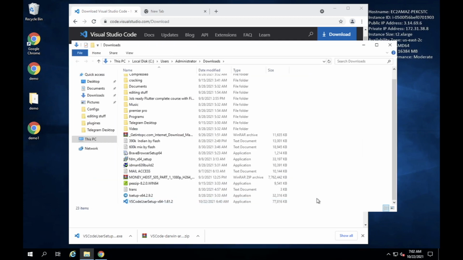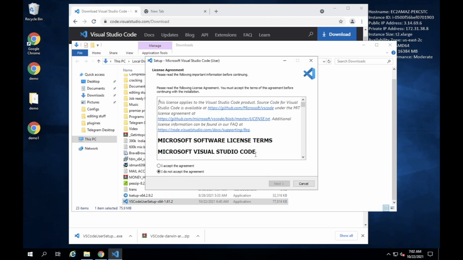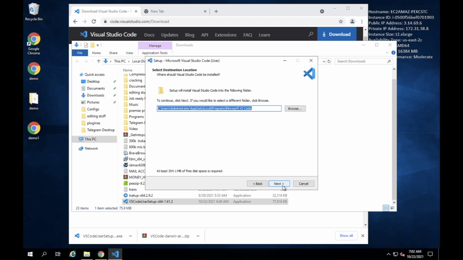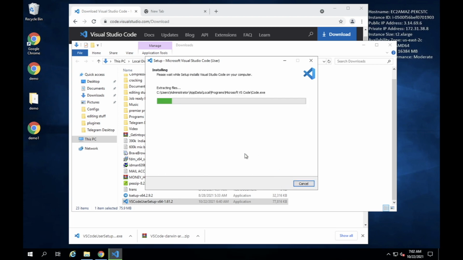And you all know the basic steps of how to install, right? Just double click here. And OK, click on OK. It needs administrator permissions. That's not a big problem. I can trust this. And just click on agree to the agreement. I can agree to the agreement. And just basic stuff. Just click next and click on install. It will install VS Code for us. Okay. After installation, I will tell you what to do.